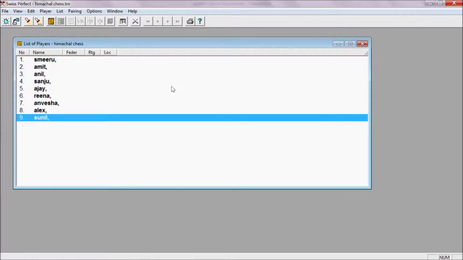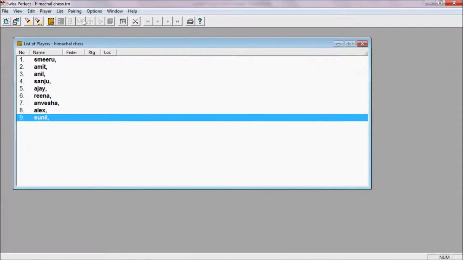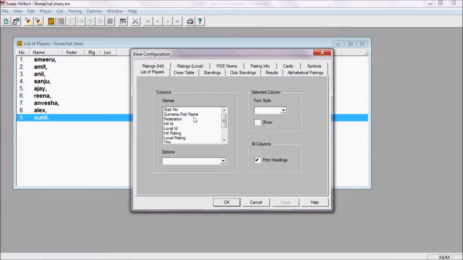After that, I will explain the buttons to you. For example, there is an options window which is a very important window here. When you click this tournament, it will lead you to the window which we opened at the start of the tournament, that is tournament options. We have already discussed that option. And another very important option is display. For example, the screen which we are seeing here is controlled by this option, that is display.